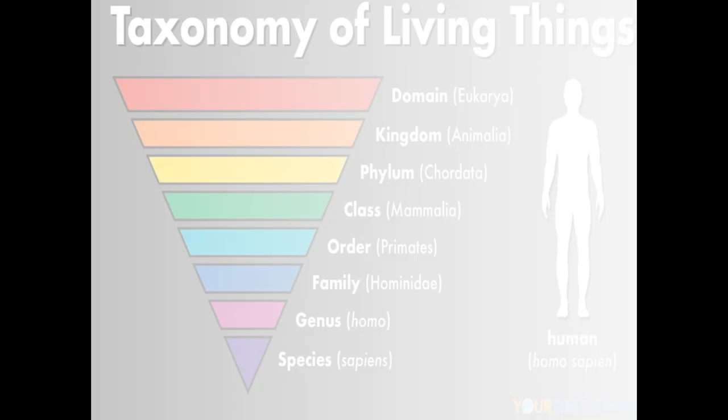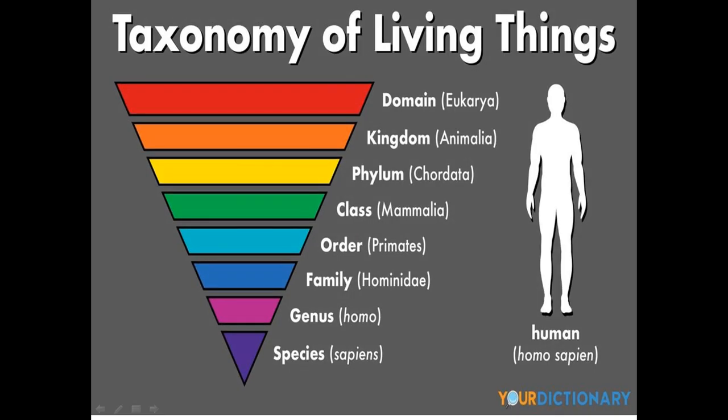Let's take some examples of the various taxonomic ranks. The domain is the largest taxonomic rank. An example of a domain is Eukarya. An example of a kingdom is Animalia. The phylum is Chordata. You can have Mammalia as a class, Primates as an order, Hominidae as a family, Homo as a genus, and sapiens as a species. So bear in mind,